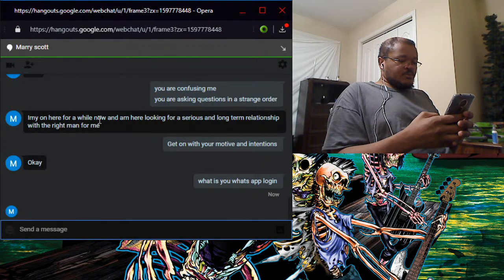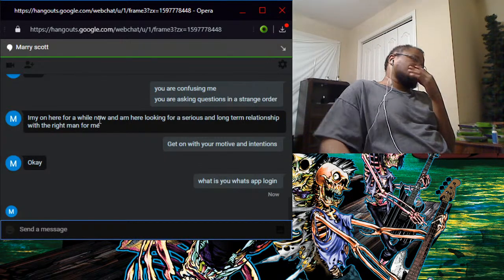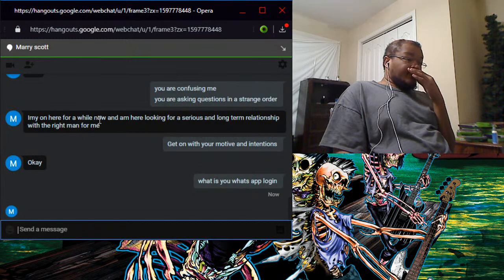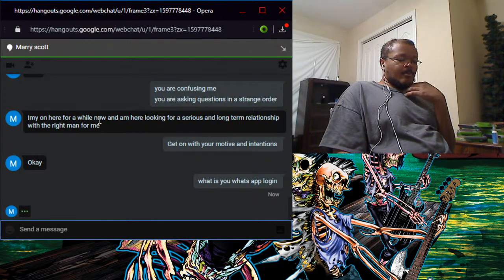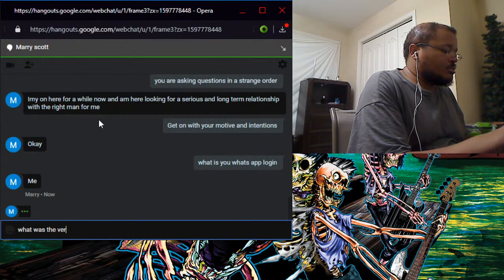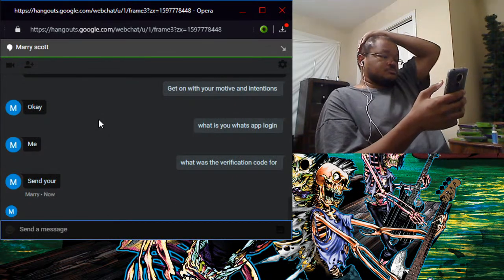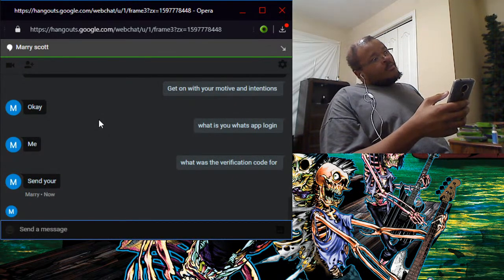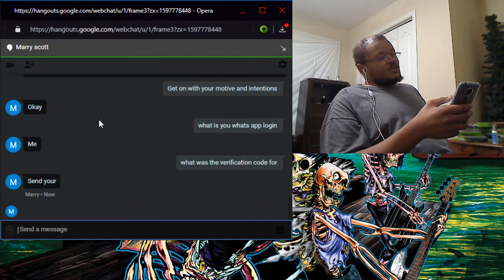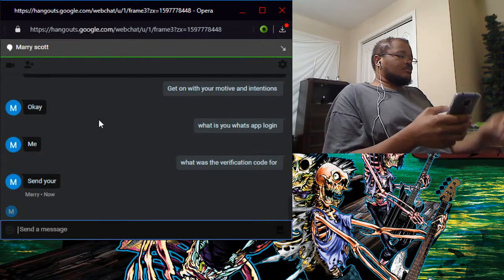I do consider WhatsApp to be a shady app because it can be used to do shady stuff, excuse my language, but scammers use WhatsApp to do all kinds of scams. And I'm going to get to the bottom of this. My goal is to really get to the scammers' internals and reveal what makes them tick. That's what I'm trying to do here.